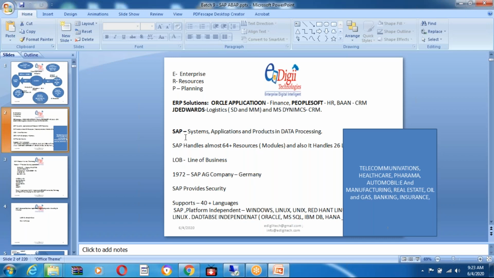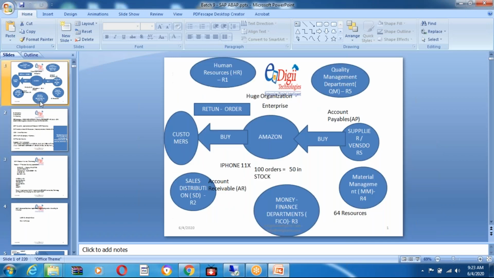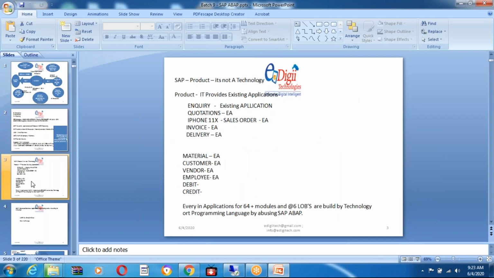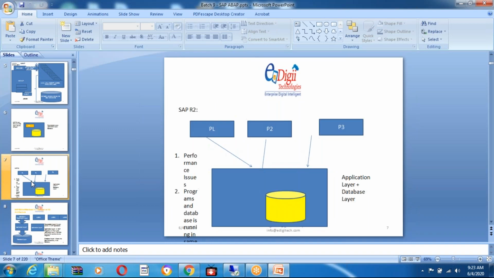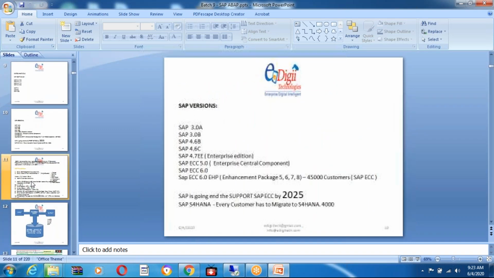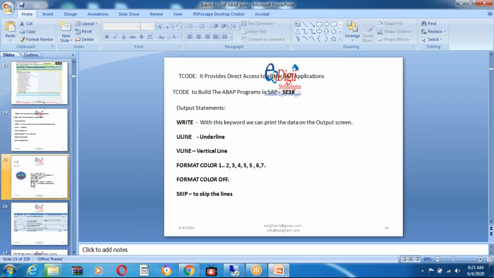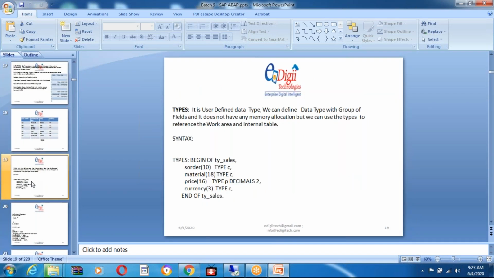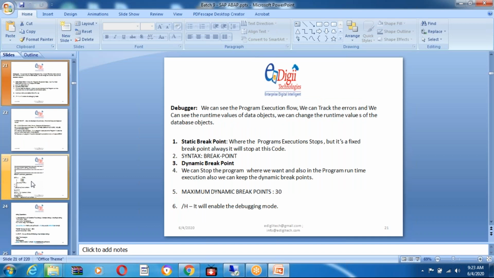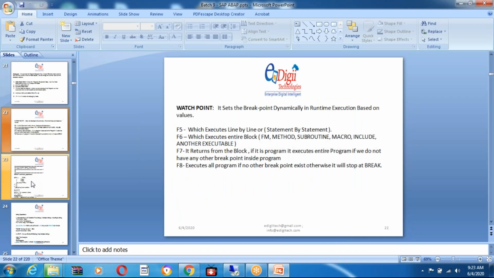Hi, hello all. Welcome to the next session on SAP ABAP Smartforms today. Before going to Smartforms, we have talked about the basics and fundamentals of ABAP and SAP R3 architecture, thumb rules of ABAP, and also what is data type, what is data object, and what is types. And also we have seen the debugger, how to debug and what exactly the breakpoint and watch